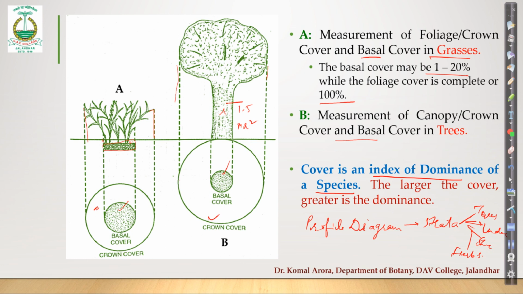So obviously the species which is growing at a particular place, because it is overshading the plants growing below it, the cover is an index of dominance of that species. The more the cover, the more the dominance of the species. So this is how it is related. It is obvious that grasses will have less cover as compared to trees. It is always this kind of relationship. So that shows that trees are dominant over grasses. So this is the significance of the term cover.